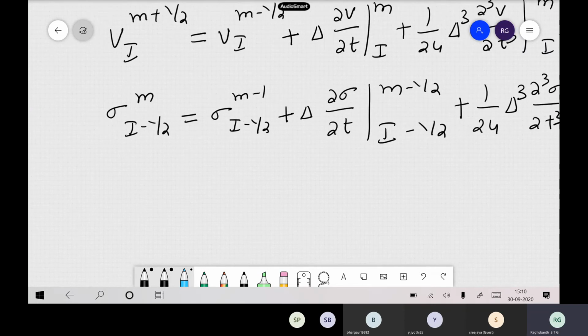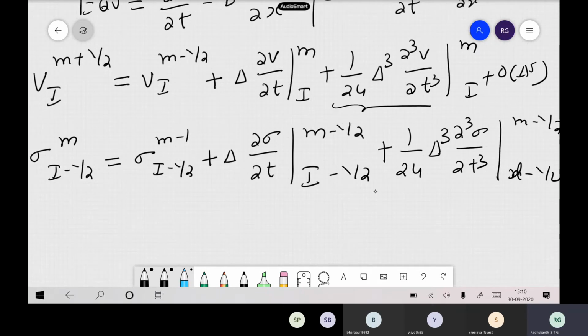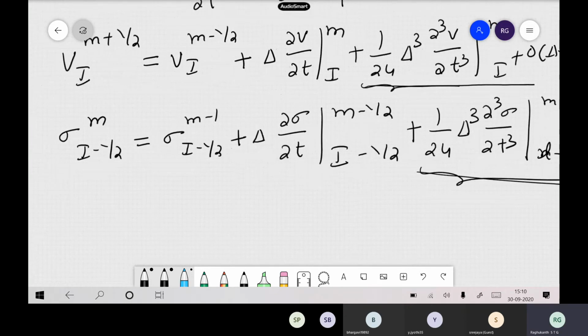So if you expand in terms of the Taylor series, and you want higher order terms in the calculations, now we can decide actually. If you include the higher order terms, or if you drop the third temporal derivative, what happens? If you drop this third derivative, you followed, right? What type of accuracy do you have now?